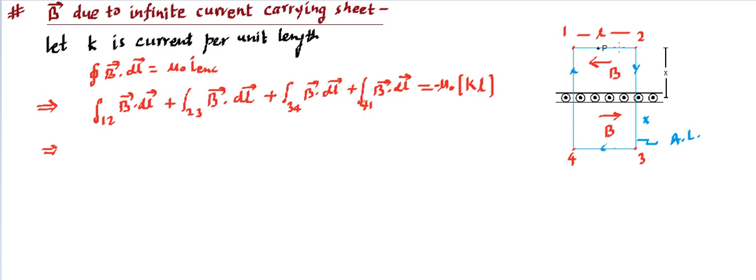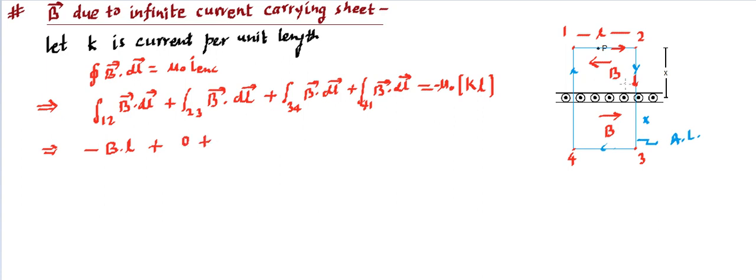When we are going 1 to 2 segment, you are going to take the dl in this direction. That's dl, and this dl and B are going to be at 180 degrees. So the dot product will come as minus B into integration dl. B is constant, you can take it outside, and integration of dl is going to be L. So I'm directly writing it's going to be minus BL, the first term. What about the second term? In the second term, this dl is going to be along the direction of the loop, and you'll find B is perpendicular. So this term is going to be equal to 0.